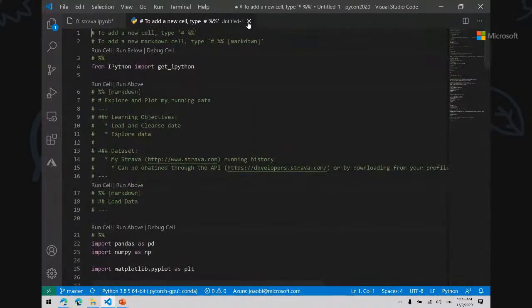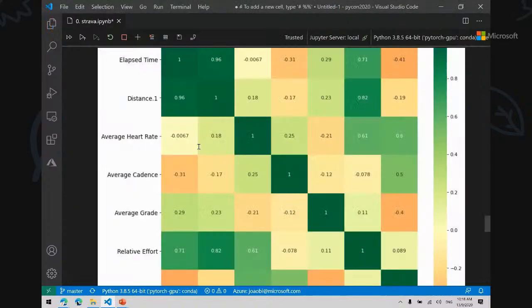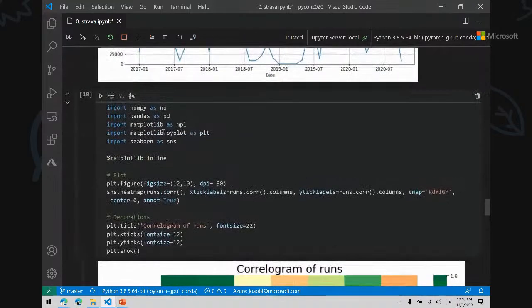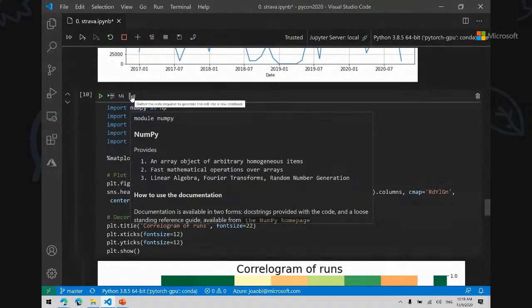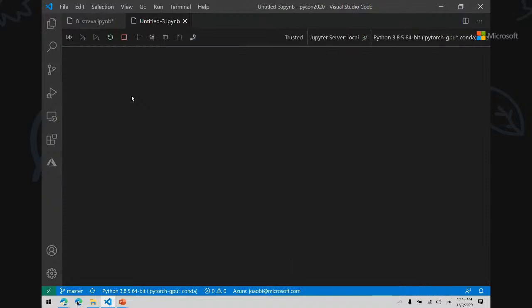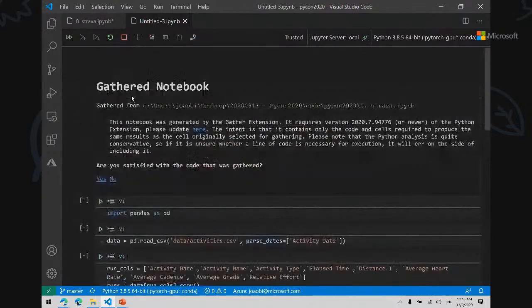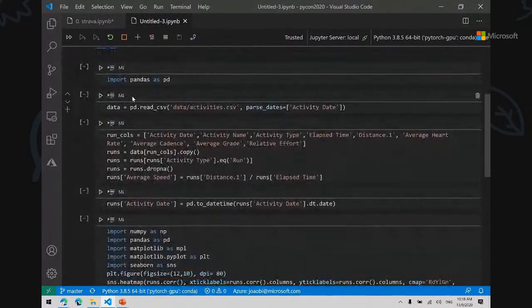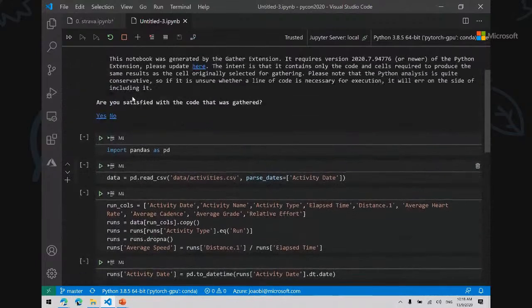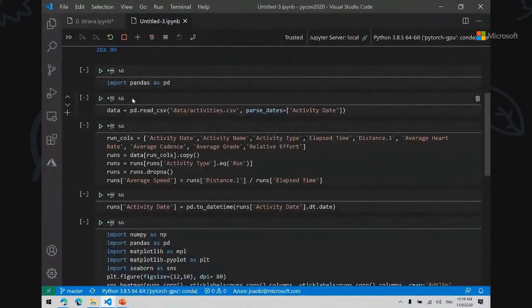Another very interesting thing that you can do here is, for instance, let's say I only wanted to generate this particular chart. What I can do is come here and use the gather experience, or the gather option, I should say. And you will get a smaller Jupyter notebook with just the core things you need to run that. You see, I removed everything. It automatically removed everything else.